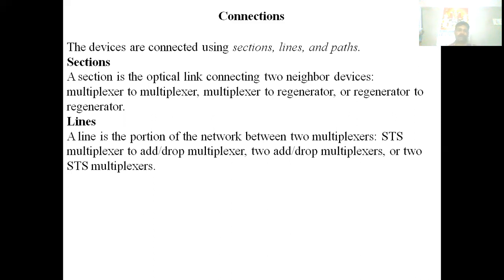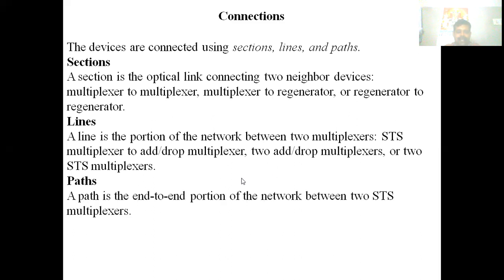So STS multiplexer to add-drop multiplexer, or STS demultiplexer to add-drop multiplexer. That is line. Path is nothing but the end-to-end portion of the network between two STS multiplexers. It is called path.